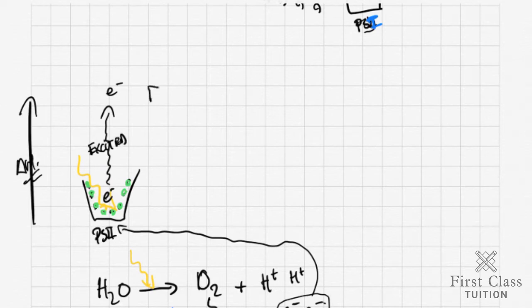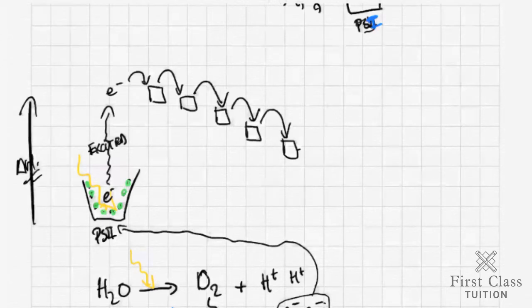So what then happens is this electron is passed onto a transport chain. Now, in this transport chain, the electron is going to move from one protein to the next. You notice the proteins are gradually lower down because each one works at a slightly lower energy level. And that difference in energy is used to generate ATP by a process called chemiosmosis. And we're going to learn more about this in the respiration video, which is going to follow subsequently. So just for now, if you accept that because the electron is being passed down, ATP is being generated at